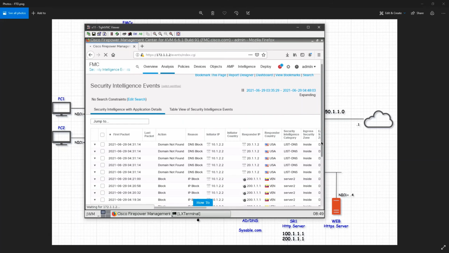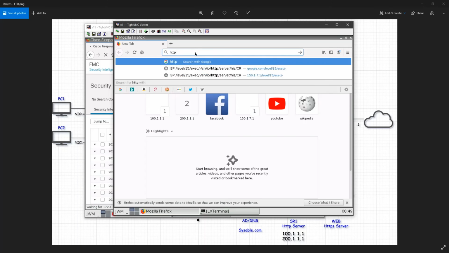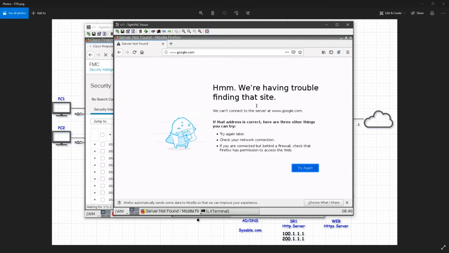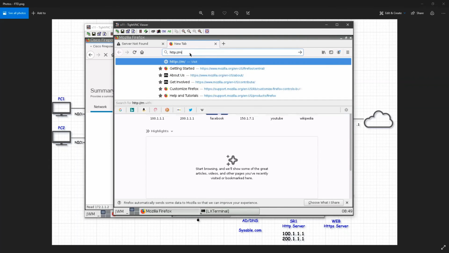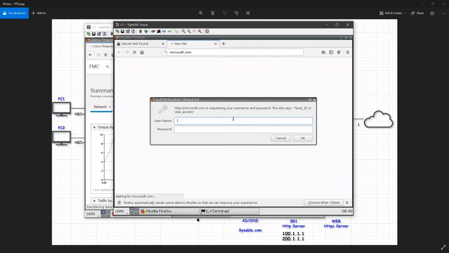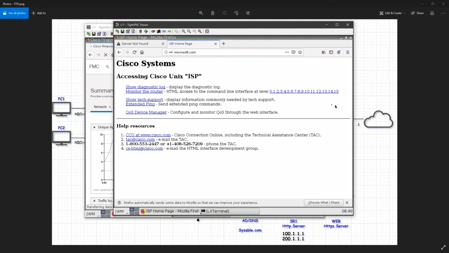Before, my PC was able to go to google.com, and now this time I will say http google.com, it is not going. If I say http microsoft.com, I should be able to access Microsoft, but not the Google one. See that I'm able to access the same router, but on a different domain name.